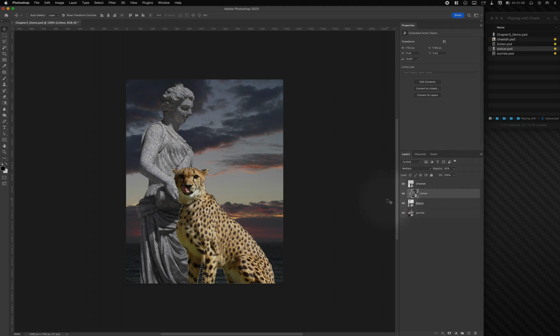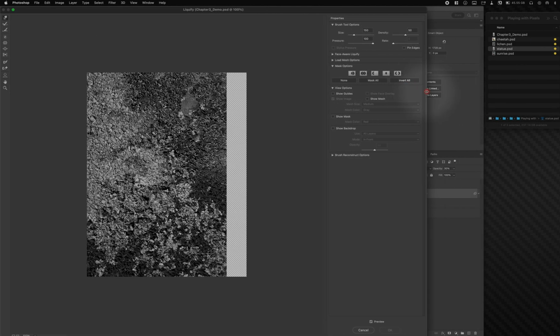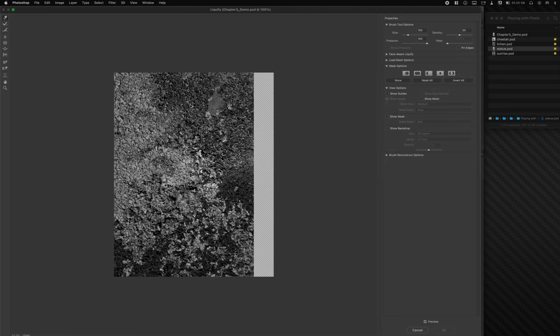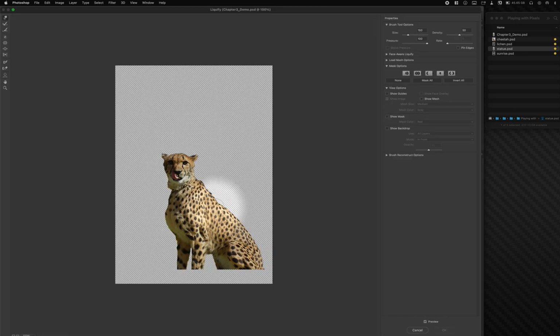Okay, so with the cheetah layer, we'll go up into Filter. We're going to go into Liquify. Liquify is going to open up this new menu. I'm going to make it a little bit smaller so we can see the whole thing. Okay, oops, I need to cancel it and make sure that I'm on the cheetah layer. Okay. Liquify. So here's our cheetah layer, and on the right hand side, this is kind of the advanced area